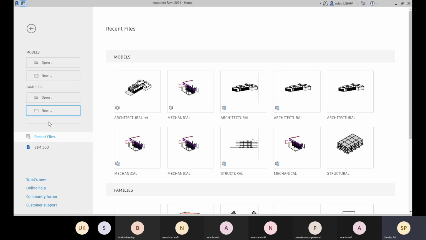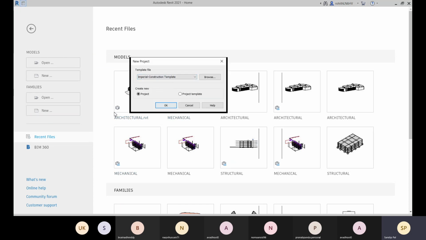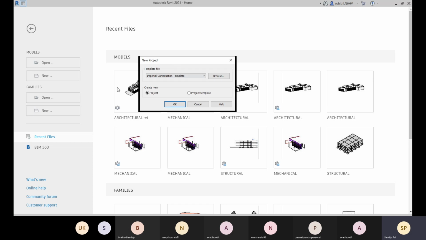What is the file type for a project? Here you can see architecture.rvt. So .rvt is the file type for your Revit project.